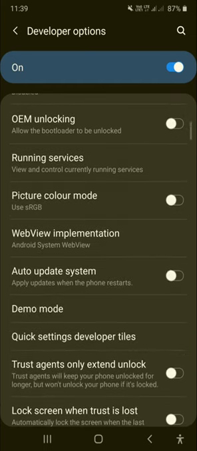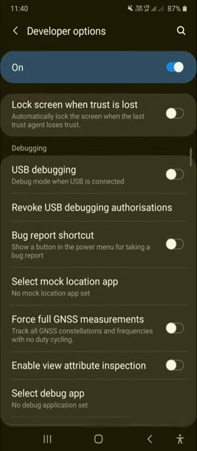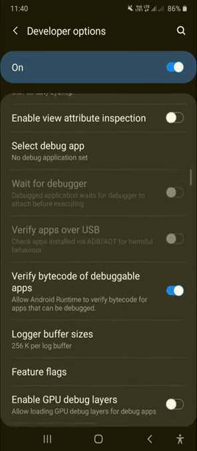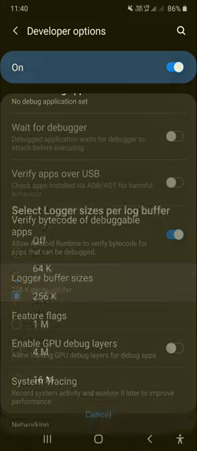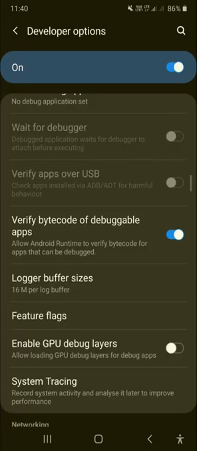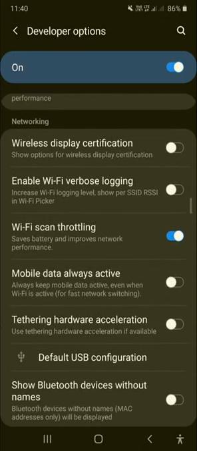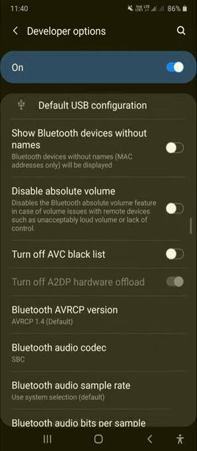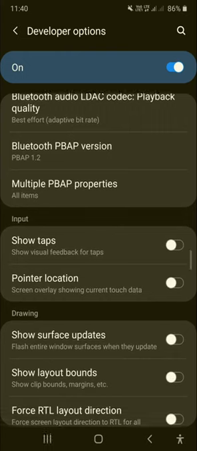The first option, just keep on watching how many settings I am activating. Logger buffer sizes, just click on 16M. The next one is, keep on watching.